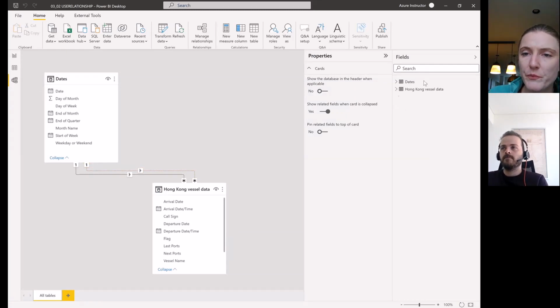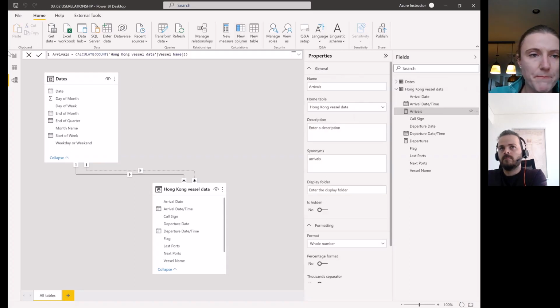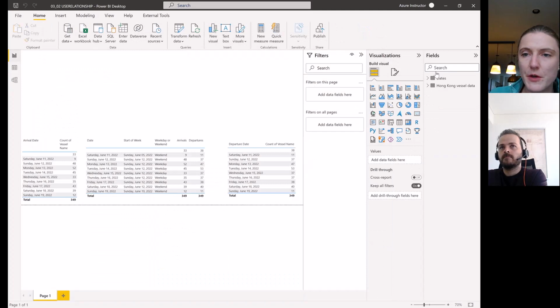And some other way. And in more recent versions, so what we have here, if we look at these different measures, and I'll have to go into this view. So these measures here we've got for